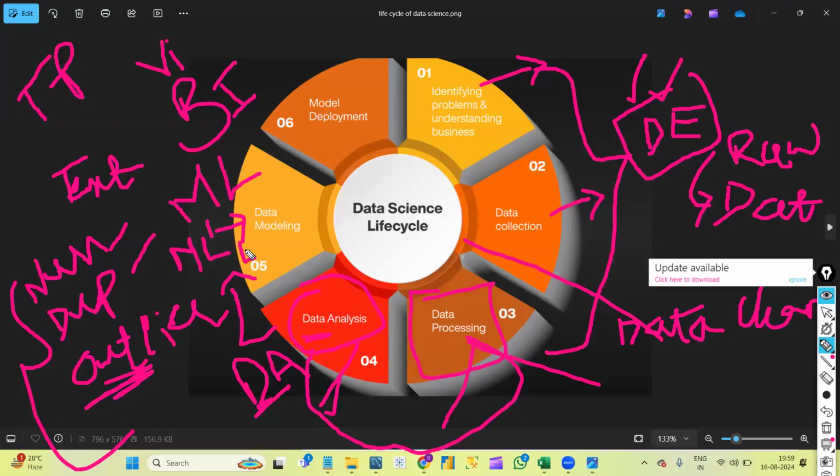Okay, we have one role called ML engineers. This data modeling will be done by ML engineers. That means they will only create what we call a machine learning model. Once it is done, these machine learning models will be sent to the next stage, and model deployment will be done in this stage. Here we will have a data scientist. And the machine learning researcher is also